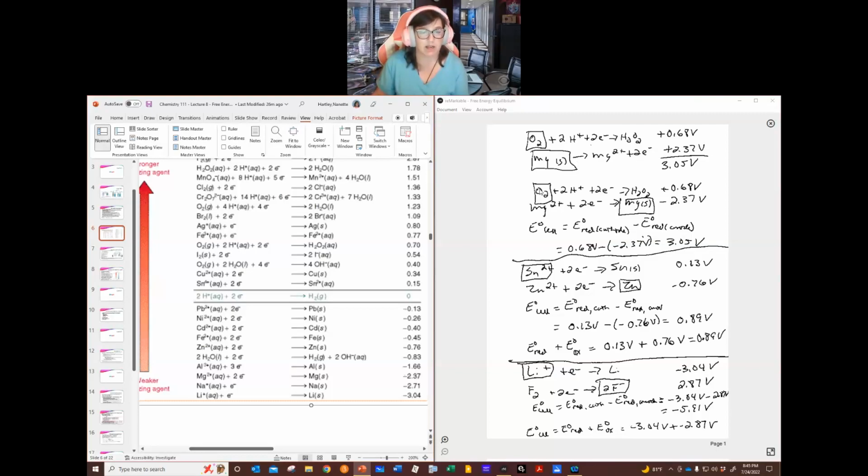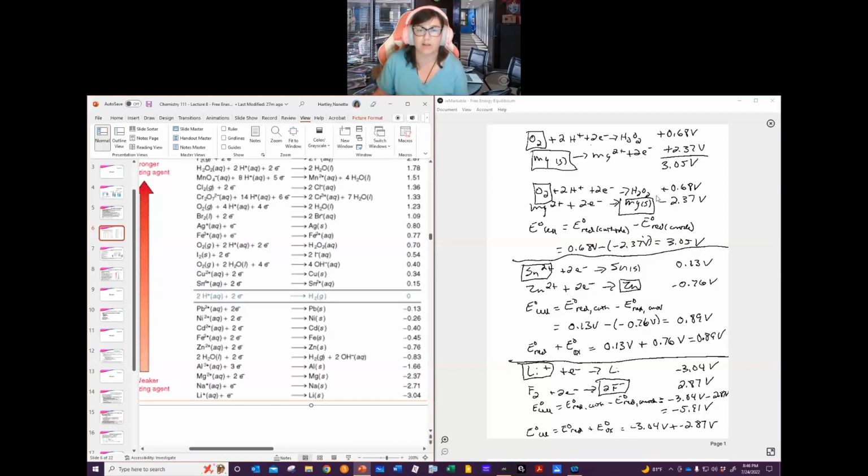The second time I wrote this, I had O2 plus 2H plus 2e minus going to H2O2, which is 0.68 volts, just like it was before. But now we're looking at Mg2 plus 2 electrons going to Mg solid. And that one is written as negative 2.37 volts, just as it appears here as a reduction. When I do the E naught cell in this second case, it's going to be the E naught reduction for the cathode, so the 0.68, minus the E naught reduction for the anode. So I'm going to subtract the negative 2.37, which gives me 0.68 plus 2.37,